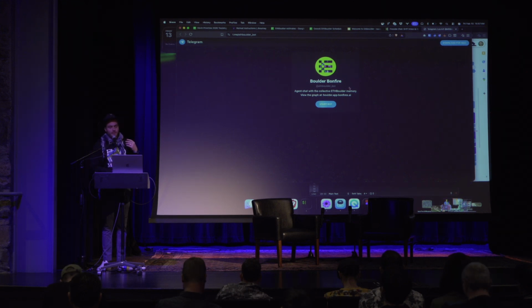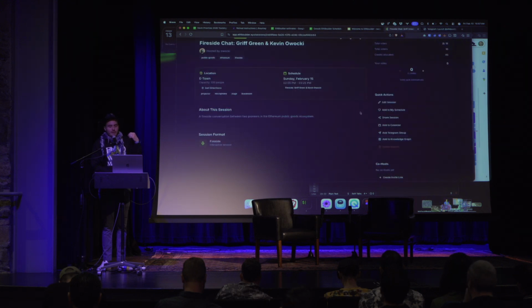But one thing at an event logistics level, it's really important that we ask for consent before recording. And so this is one of the first decentralized governance challenges that you might encounter during ETHBoulder. What happens if you're in a session and someone says, hey, can we record? And 1 or 2 people out of 5 say no. What do you do? How do you practice consent-based governance when there's 2 different paths? So you could fork, you could decide together through consensus, through consent. Those people could leave. There's no actual one way to do it. It could be slightly awkward, but use your best decentralized governance skills to figure out how to navigate getting consent.